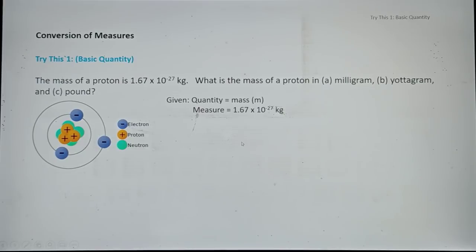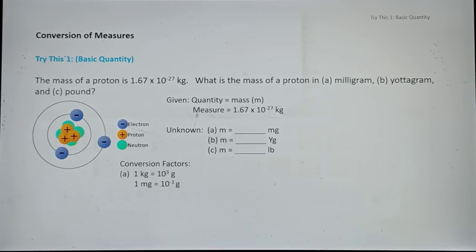The given in this problem: the quantity is mass, and the measure of mass is 1.67 times 10 raised to negative 27 kilograms. Now, how about the unknown or the required? Mass equals blank milligrams, the mass in yottagrams, and the mass in pounds. The conversion factors required to convert the measure from kilograms to the required units: